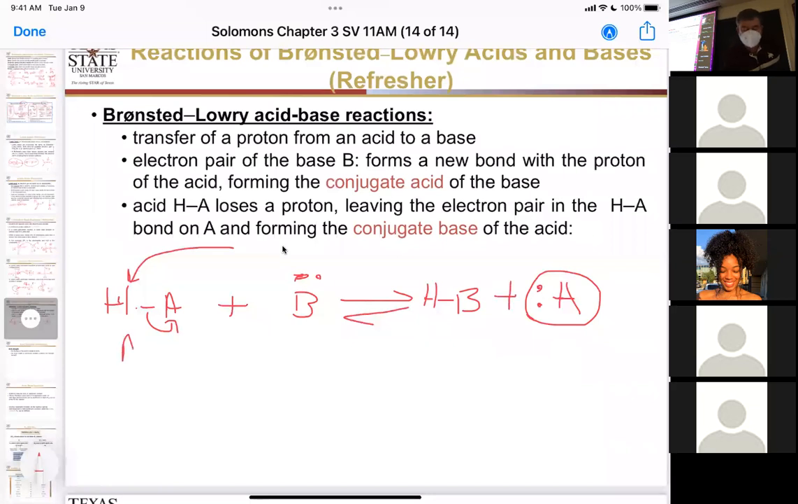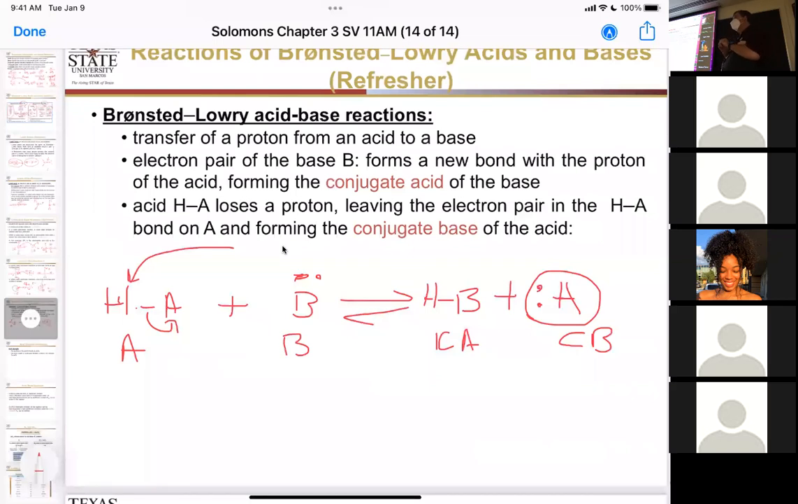And so if this is our acid, this is our conjugate acid. And if this is our base, this is our conjugate base, okay? So our acid turns into our base, conjugate base. Our base turns into our conjugate acid, okay? So